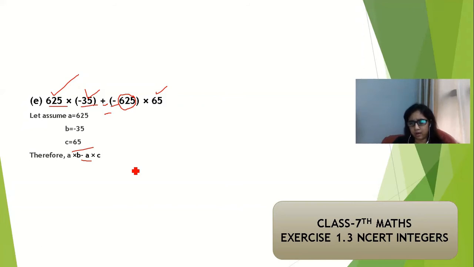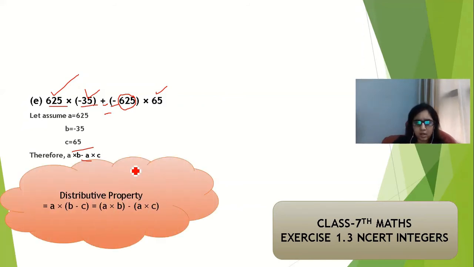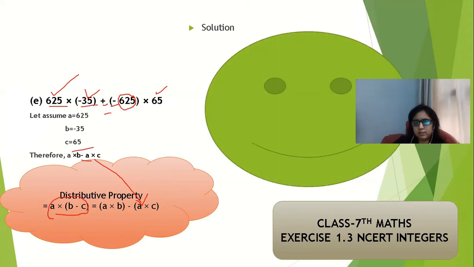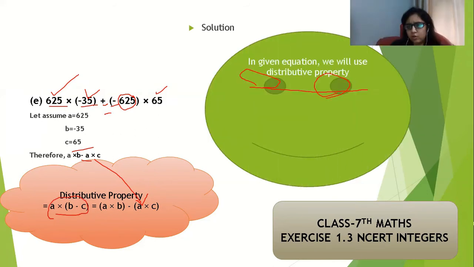And if you remember the distributive property, it is just the same as the right hand side of the distributive property. So we will solve like this. Our solution is, in this equation we will use the distributive property. I have just written down the same equation in this step, and in the next step I will solve this plus and minus, it will become minus. So this 625 is as it is in the next step, and this minus 35 is also as it is. What I have done, I have made this plus and minus become minus, and 625 is added.